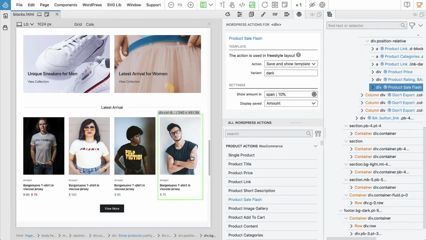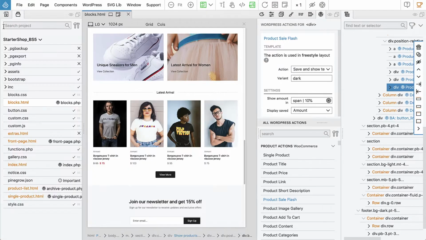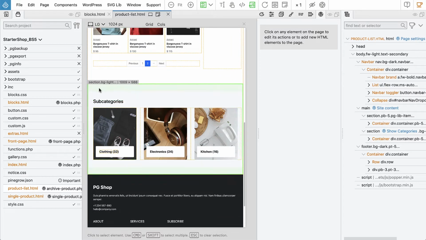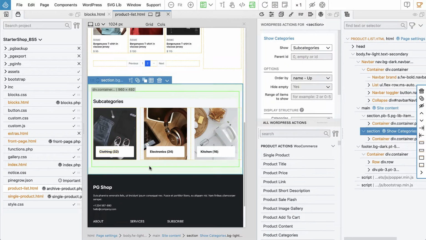So we will build a block that will display our shop categories, and we can reuse an element we have on product list. Down here we have a section that displays categories, and to make things simple we can just reuse this. So let's select the section and copy, then go to blocks,